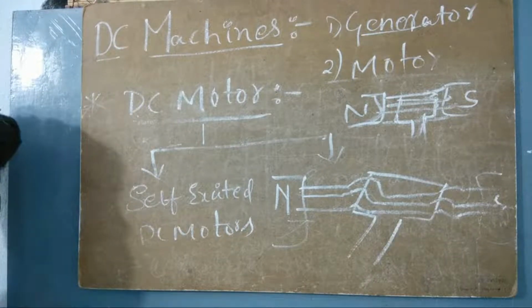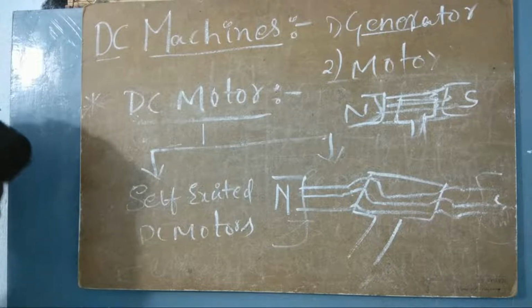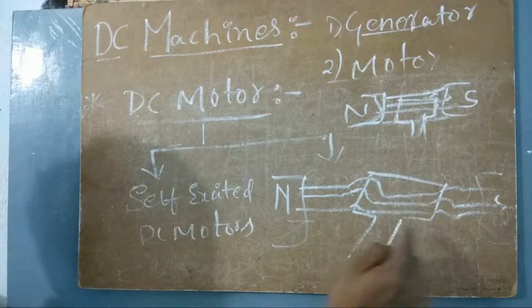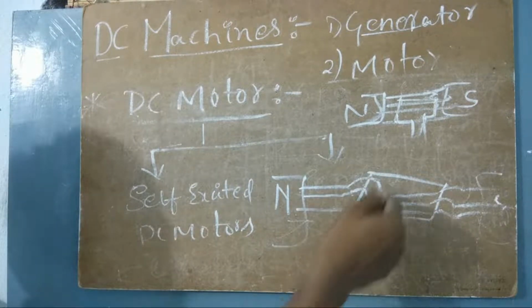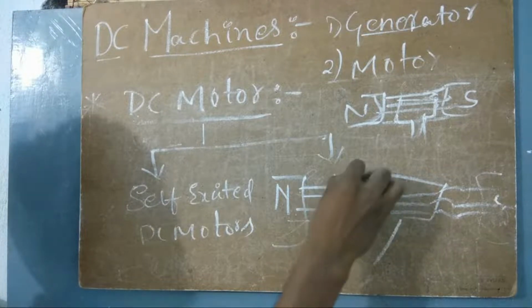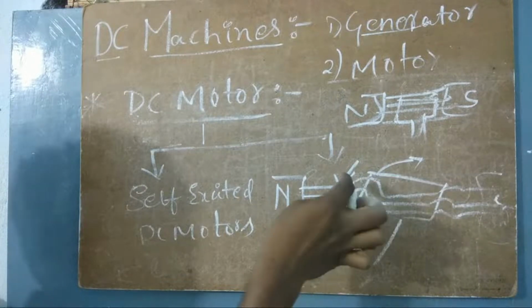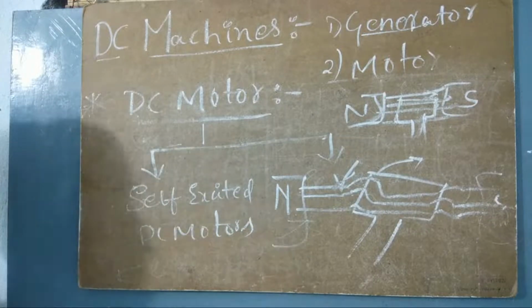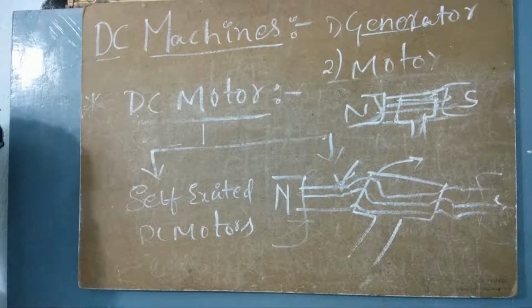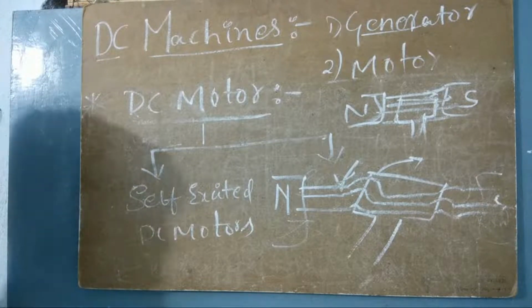So what happens automatically? Okay, Lorentz force. The field lines are opposing the conductor's movement. That force we call the Lorentz force, because it is in the opposite direction of the conductor moving. This will apply some force in this direction, but the conductor is moving in that direction. Because it is in the opposite direction, I take a negative sign over there. That is E equals minus N d phi by dt, I mean d lambda by dt. Okay, so there is one doubt so far.